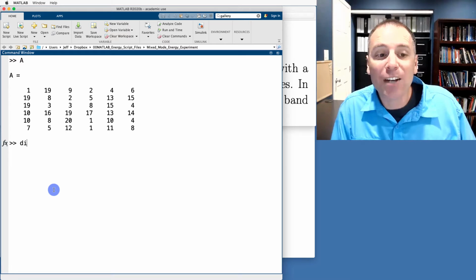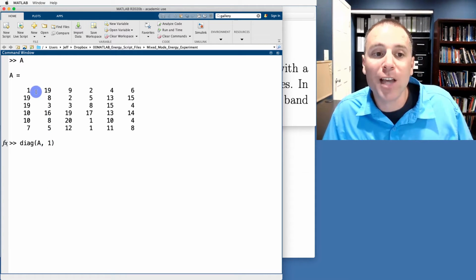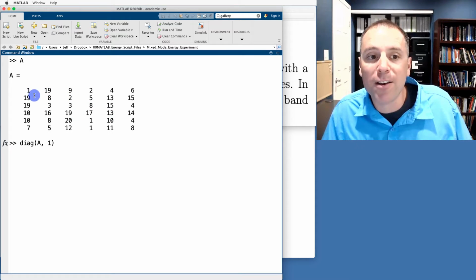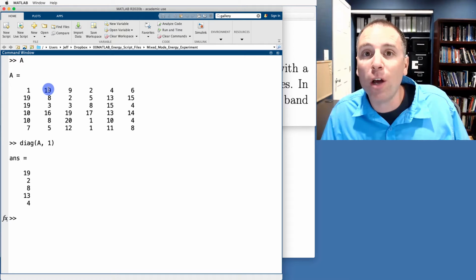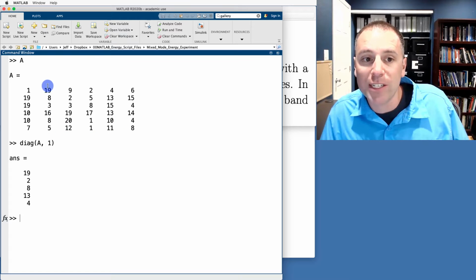However, I can actually use the diag function to pull off other bands of the matrix. Suppose we wanted to find the first super diagonal band, the one above the main diagonal. If I type in 1 here, MATLAB is going to pull off the diagonal band where the difference between the column and row index is 1. So here, this entry is 1, 2. 2 minus 1 is 1. That is on the +1 band of this matrix. Notice that band is exactly what we pull off.